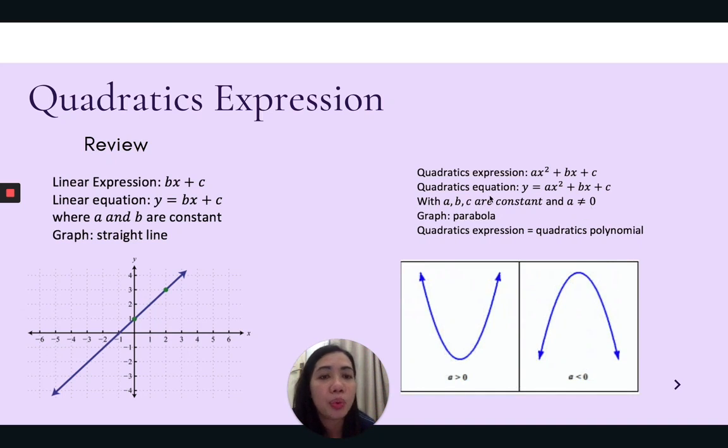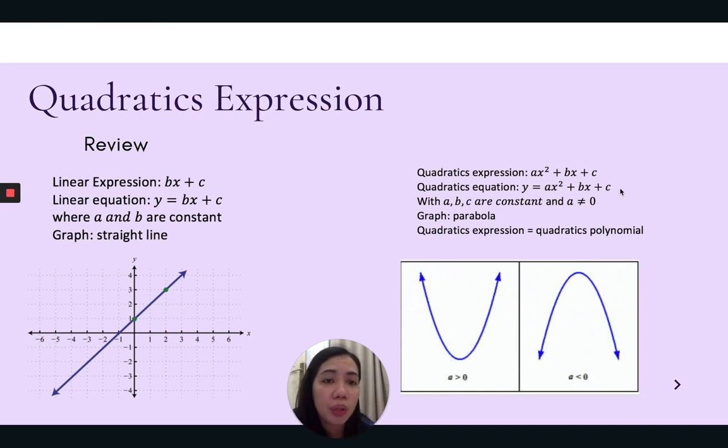And then for the quadratic equation, we have the same thing: if you're talking about an equation, there will be two sides. So we just add equals y. Y equals ax squared plus bx plus c. Now we have two sides here. And commonly people change this y to any number, commonly 0. So ax squared plus bx plus c equals 0. Then after that, people will continue to factorize the quadratic equation.